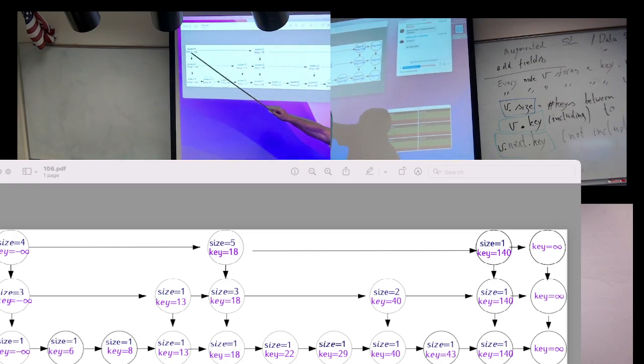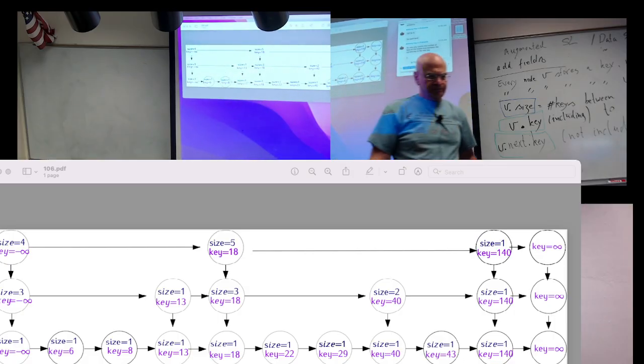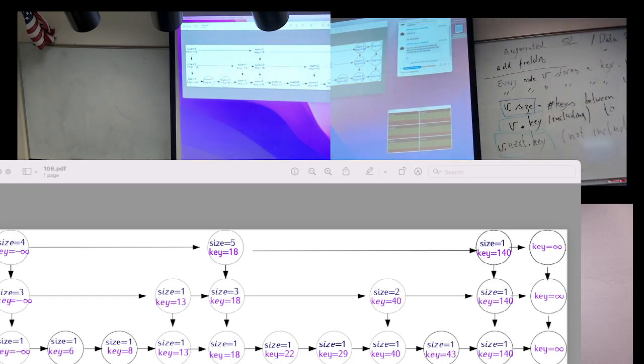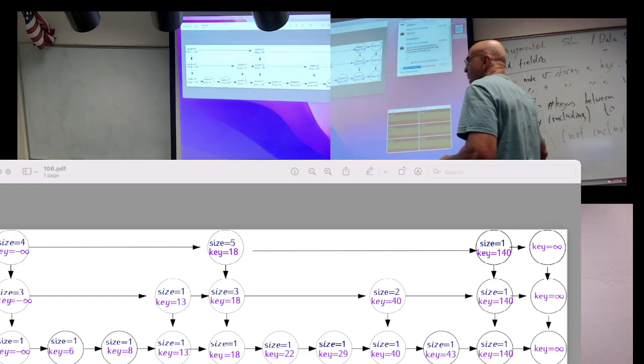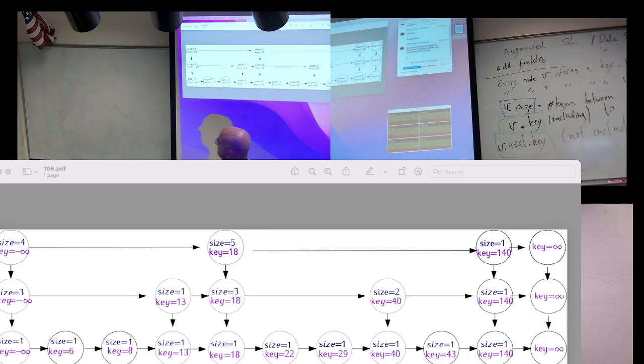This one, last example, I would say the size here is 4, because from this guy to this guy, not including this one, I have in the whole skip list, not in my level, the number of keys, not the number of nodes. From this guy all the way to this guy, I have 1, 2, 3, 4. That's why the size is 4. And now I'll ask you guys to use these fields and